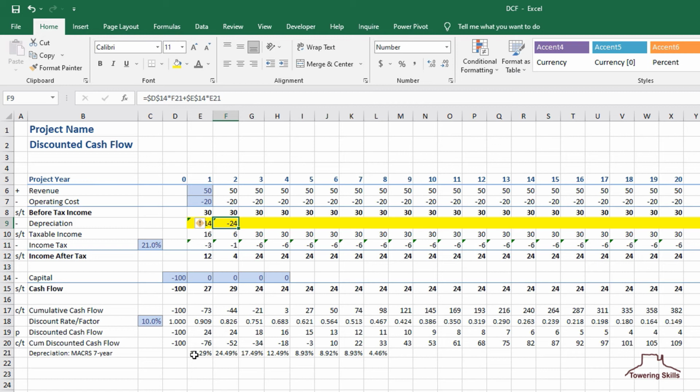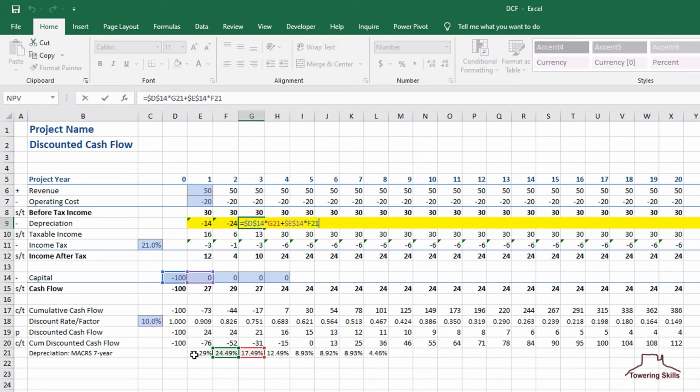We'll copy cell F9 and paste it into cell G9. And we'll modify the formula in cell G9 by adding a term for the capital in year 2, which will be F14 absolute times E21.